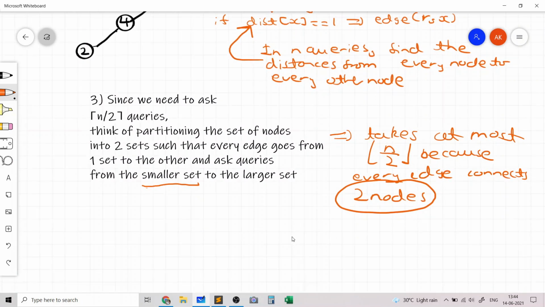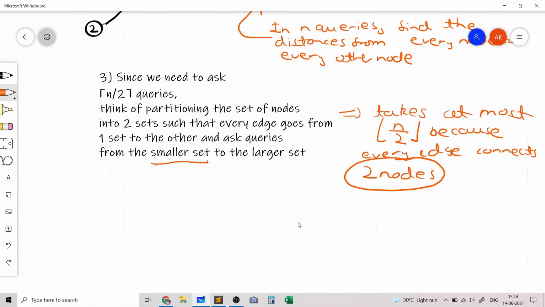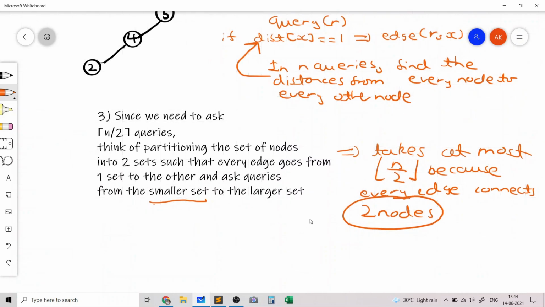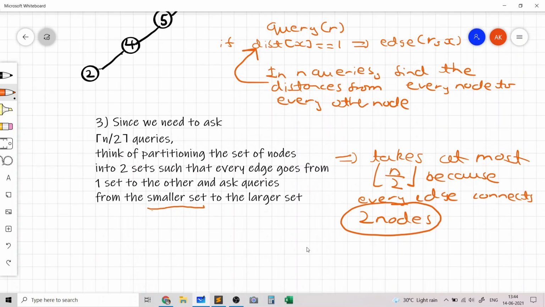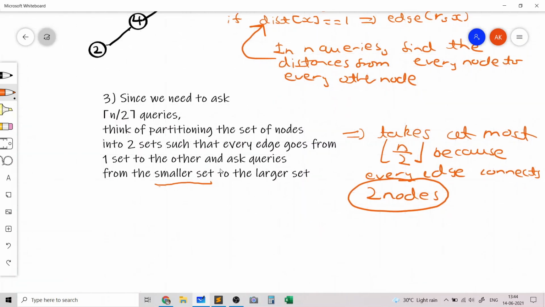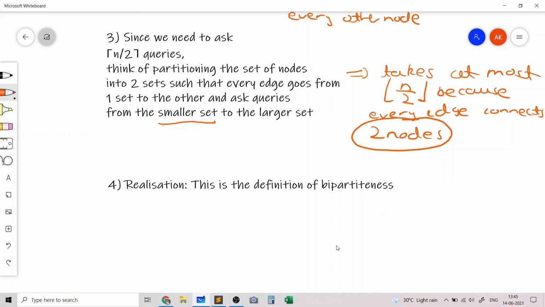And now let's come to the point and think about how we would partition the set of nodes into two sets, such that we can ask queries only from the smaller set, and based on the smaller set only we can basically reconstruct the edges, because we know every edge will go from the smaller set to the larger set.